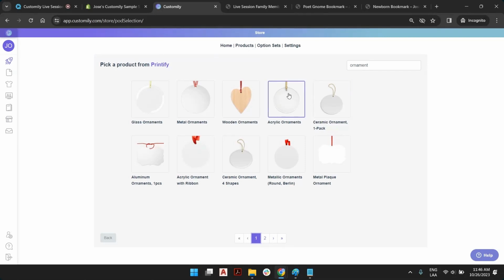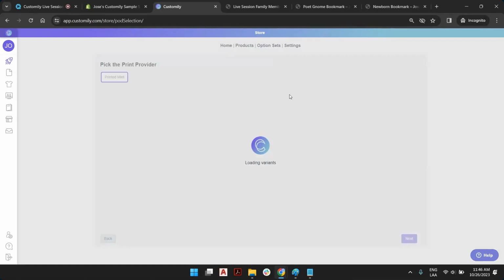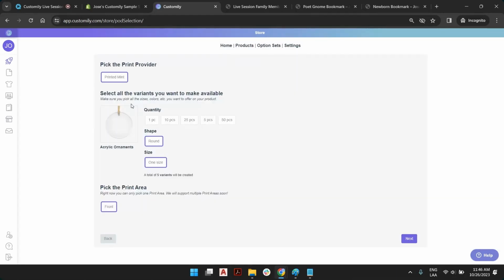Okay, so if we pick acrylics, you have quantities and shapes and sizes. So this has a unique shape, which is good. There are other products that have shapes like trees, bells, or ovals. That's not kind of. Let's go with one piece, okay? And that's the only variant we need to pick. The others are fixed. And once we have at least one variant picked, we can click next to pick a